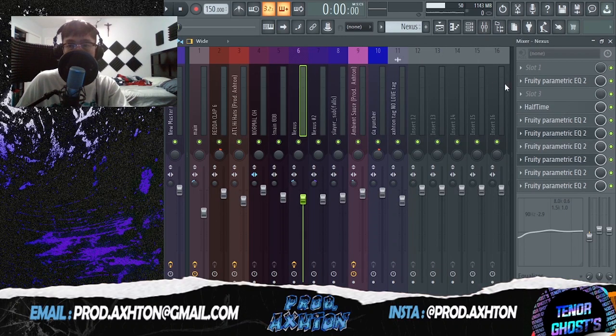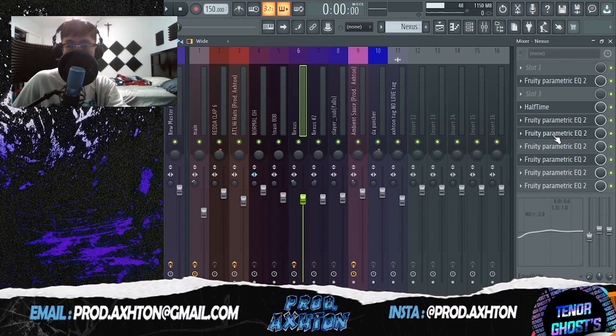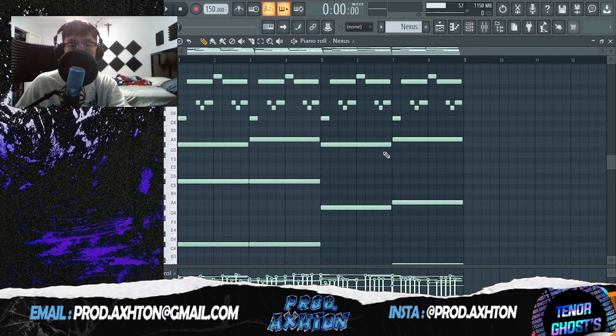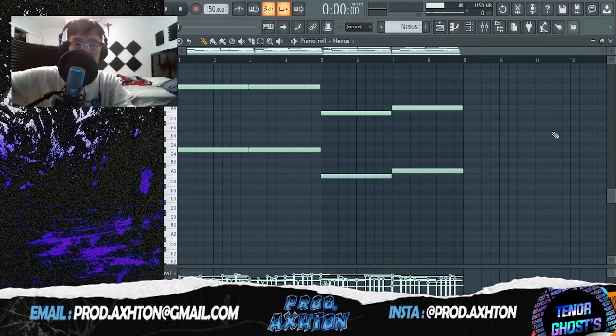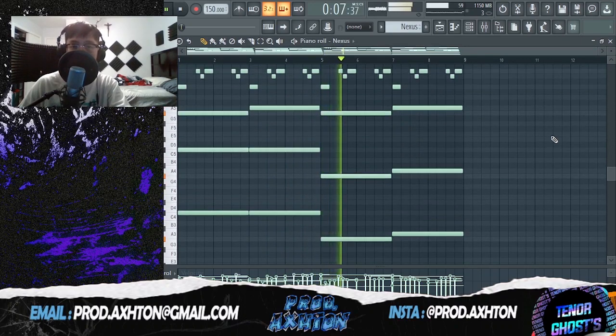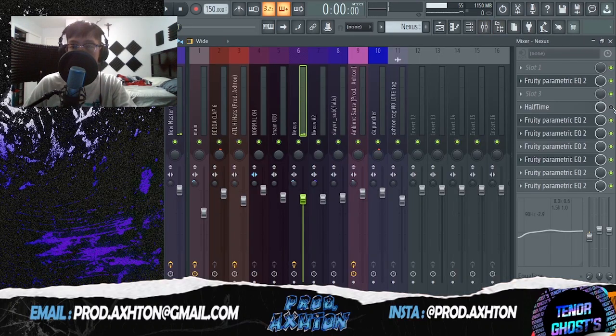And on mixing, this is what I did. A lot of parametric EQ on this to make sure the low ends don't interfere. So make sure you don't cut off like too much of the low end, because that's going to make the melody sound hollow. And whenever you're using halftime, you always want to pitch it up 1 octave. So I'll show you guys what it sounds like without the halftime. So that's really fast paced, but once I put halftime on here,